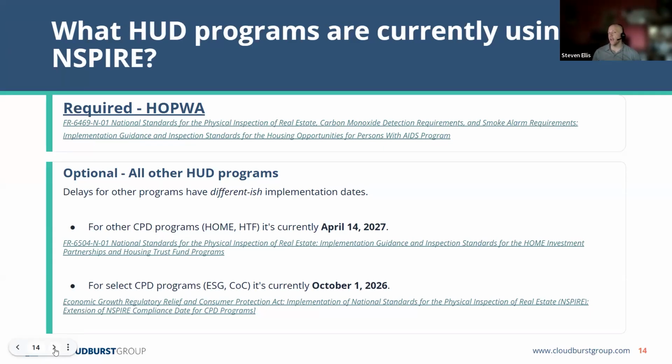But as of today, there is no implementation notice, right? So there are not the nitty-gritty details. Every time I do this training, folks have really great questions, and I'll say, I don't know the answer to that, right? Until there's an implementation notice, until HUD tells us what they want and gives us specific instructions on how to meet that, it's all a guess.